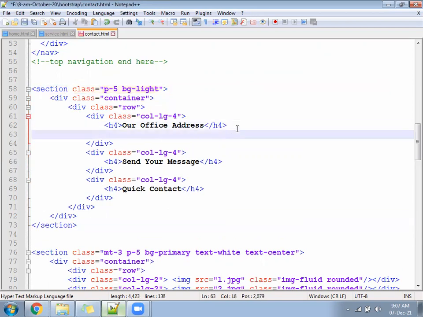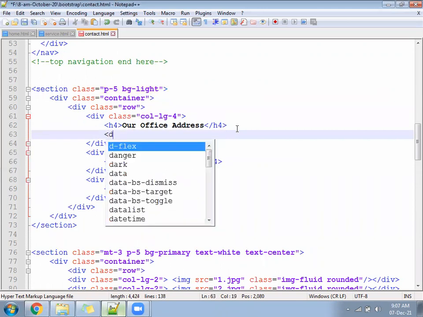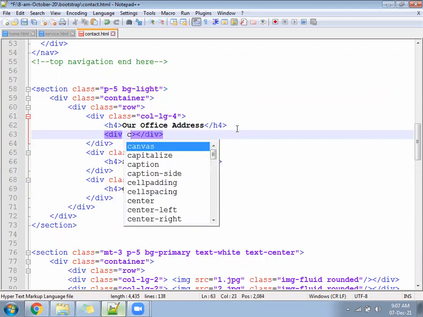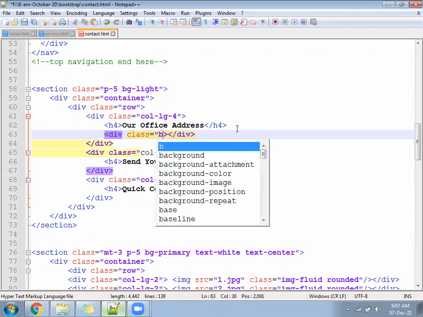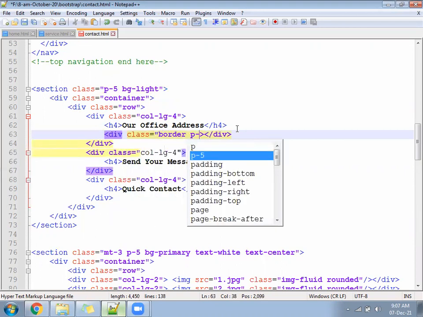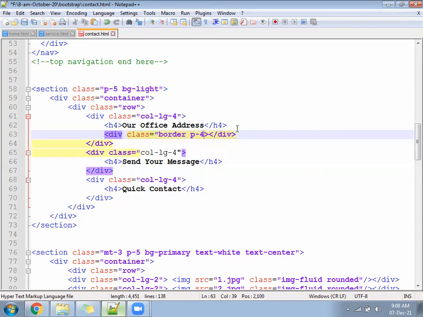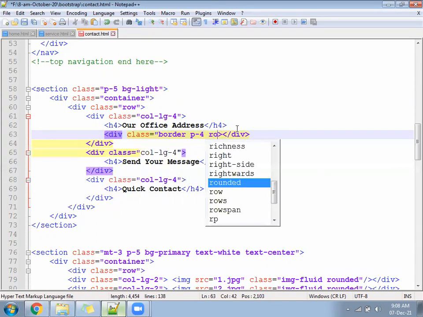Under office address, write a division, class equal to border, p-4, rounded.